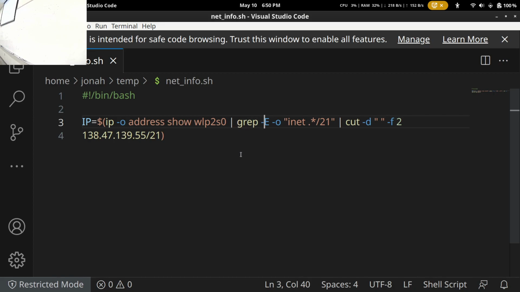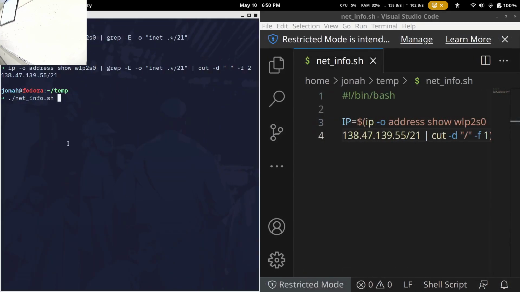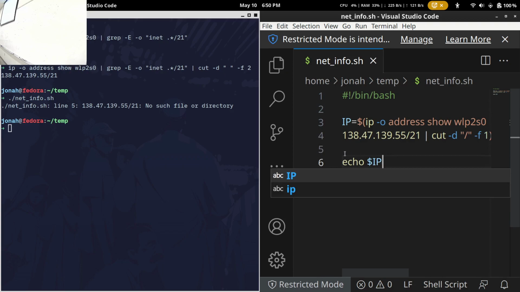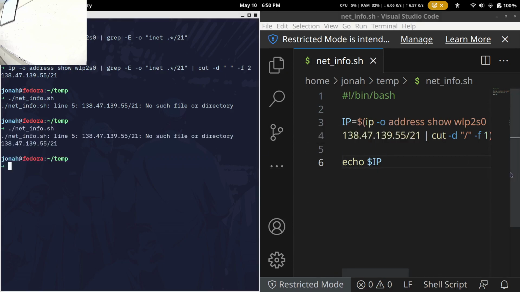So you can pretty much do this as many times as you want. So let's say I didn't just stop at getting that information, grabbing that pattern, and then cutting it. I could follow this up with as many pipes as I want. Like Dr. Cherry said, I could even do another pipe to split it. Cut minus D by that slash, and then grab that first field.